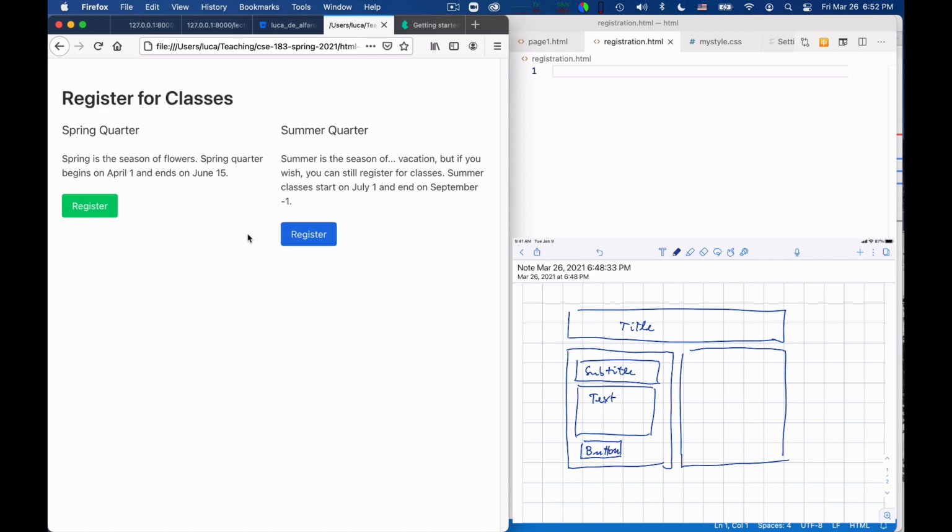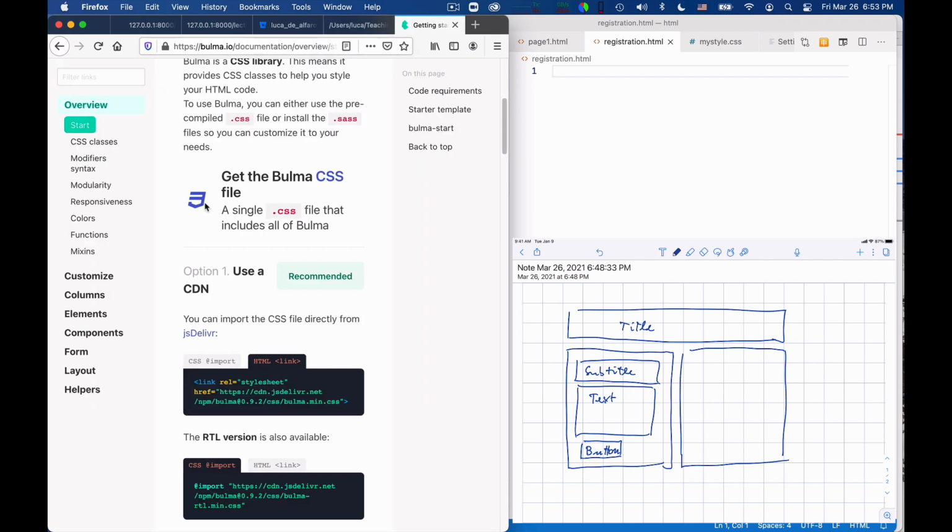Not only that, but we want these elements to look nice and appropriate, right? So we have two choices. One is that we could style everything ourselves, but the other choice is to actually use a CSS framework which gives already classes that, when added to div and other elements, will provide the styling we are looking for, okay? And in this class, I want to use Bulma CSS. So Bulma CSS is a CSS framework that enables you to obtain a fairly wide variety of styles and visual arrangements for a page.